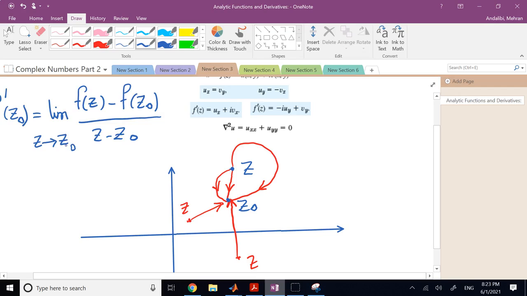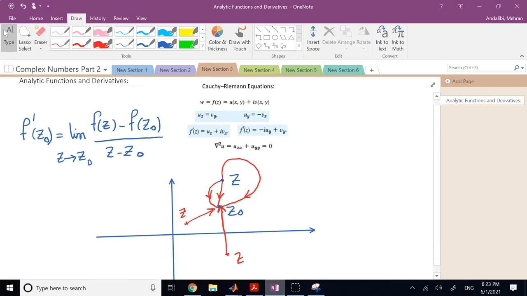Okay, and you can show that if the function has a derivative, and if the function is what we call analytic, it has derivative, then the direction of this approach does not matter. In any direction that you approach the point of derivative, as long as there is derivative, the direction does not matter. All of these different ways of calculating this limit will end to the same thing. And I also want to tell you that, now what conditions for that is needed, I'll talk about it. But